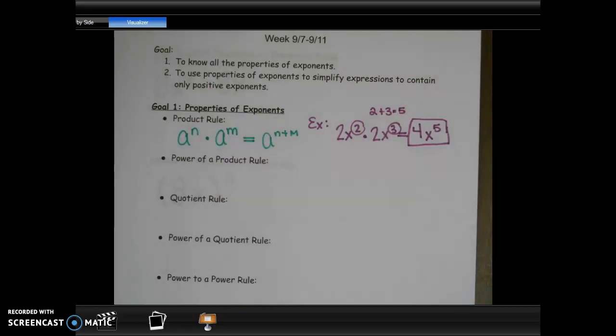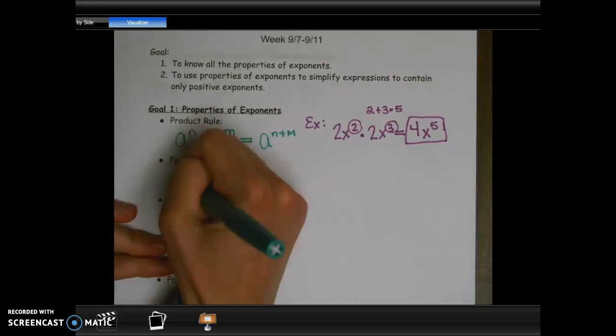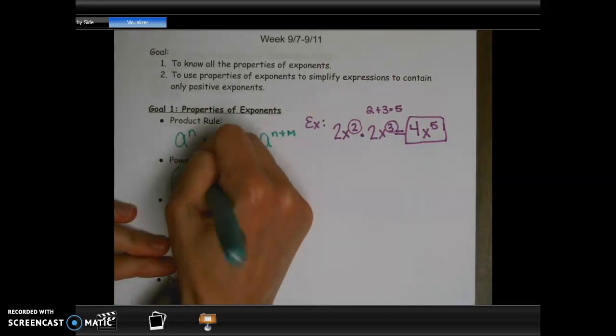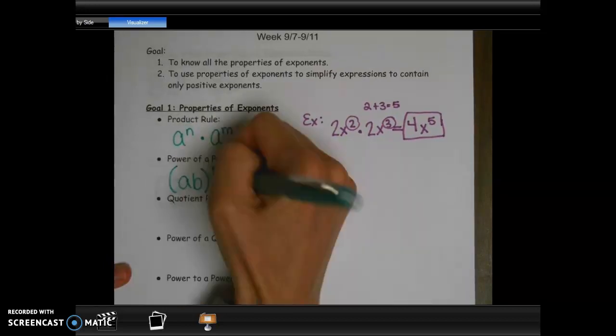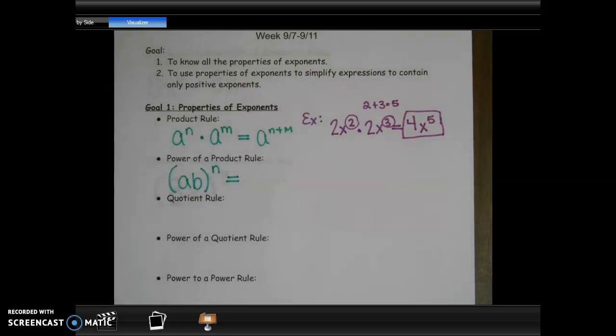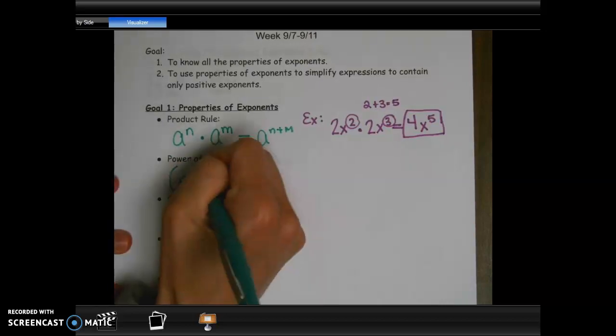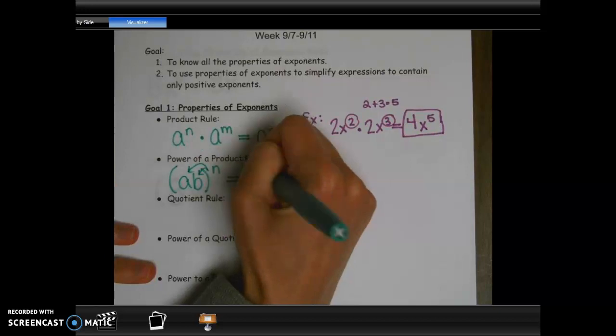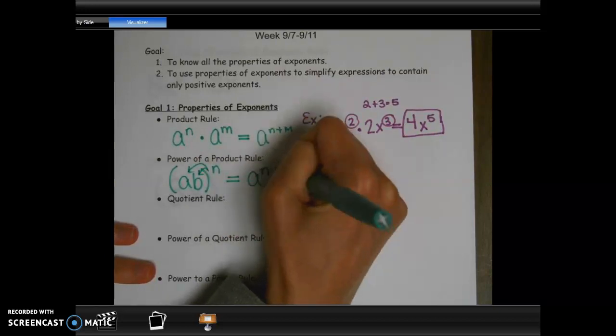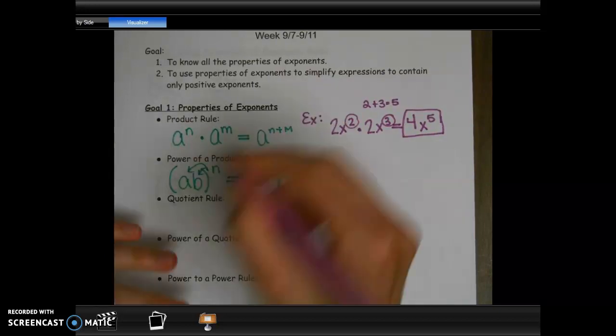Now, power of a product rule. So that means, what if we have two things multiplying and they're both being raised to a power? Now, the way I explain this to my students is I say, well, think of it kind of like a distributive property of multiplication, but it's distributive property with an exponent. We are taking it to everything inside the parentheses. So now we have a to the n, b to the n. Okay, for example,